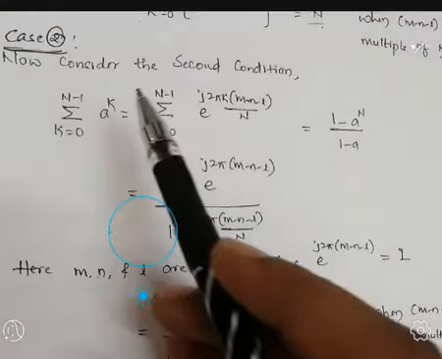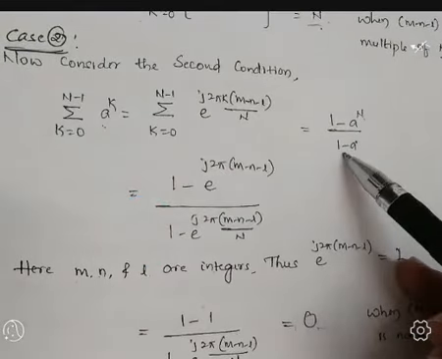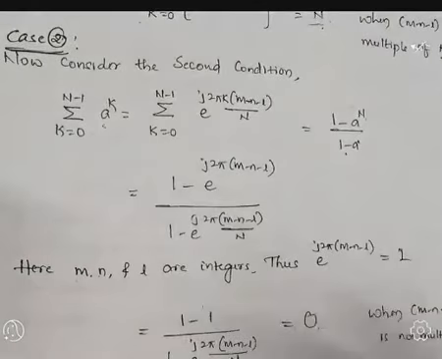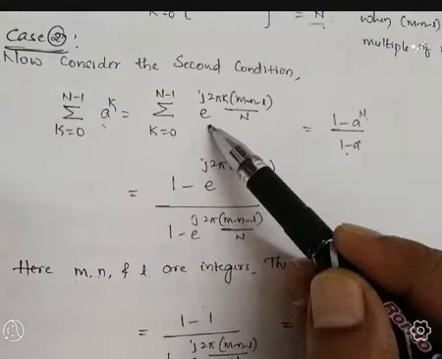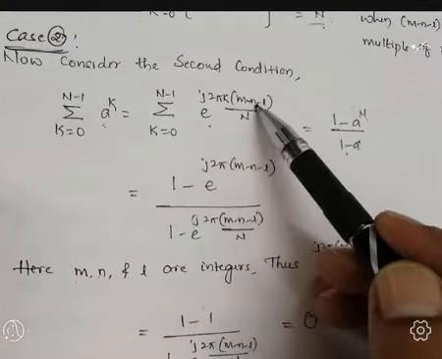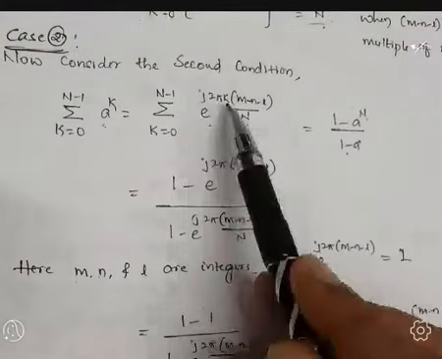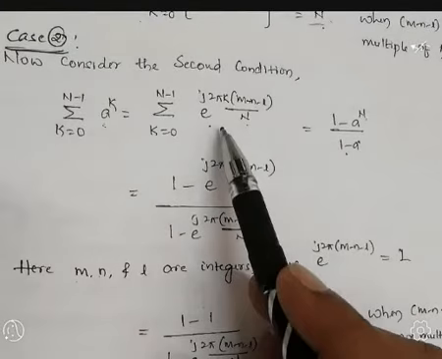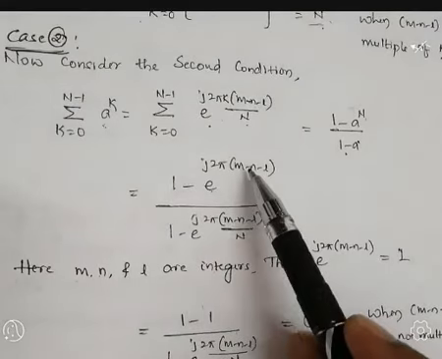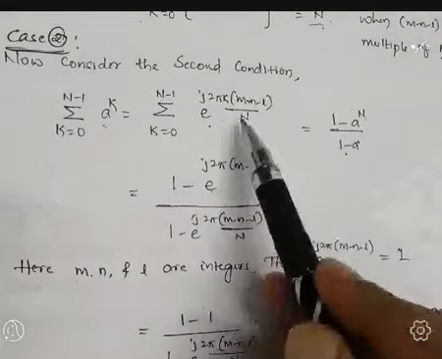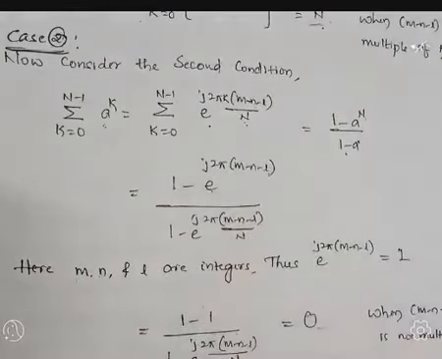Case 2 is what? Same thing. The answer is (1 minus a to the power n) divided by (1 minus a), if the value of a is not equal to 1. So let us substitute and simplify. Summation over limits k equal to 0 to n minus 1, this is the a term, e to the power j 2 pi k (m minus n minus l) divided by n. So what is the formula? Here a equal to what? This is a. Except k, the remaining part is a. Hence 1 minus e to the power j 2 pi (m minus n minus l) divided by n, the power term n is there, n cancels, only we are getting this much, divided by 1 minus a.